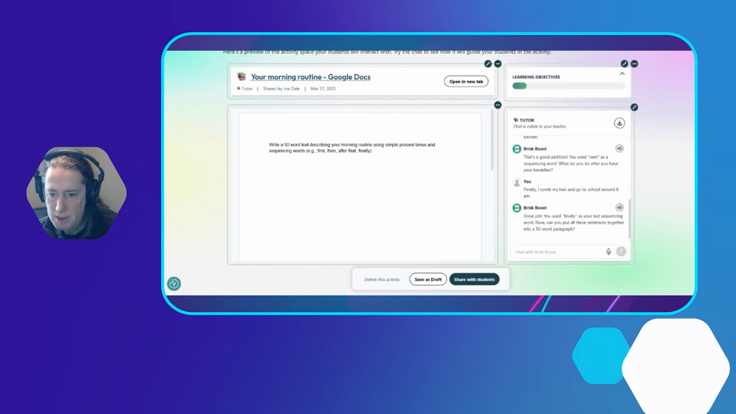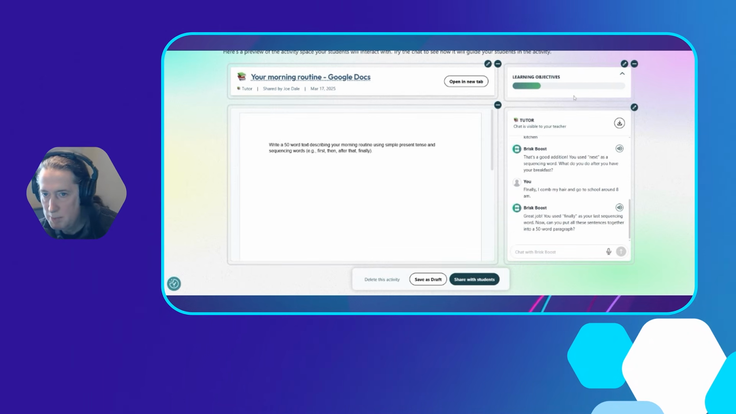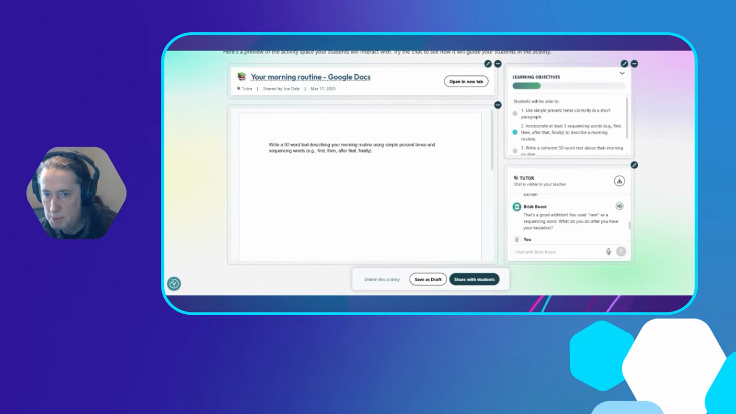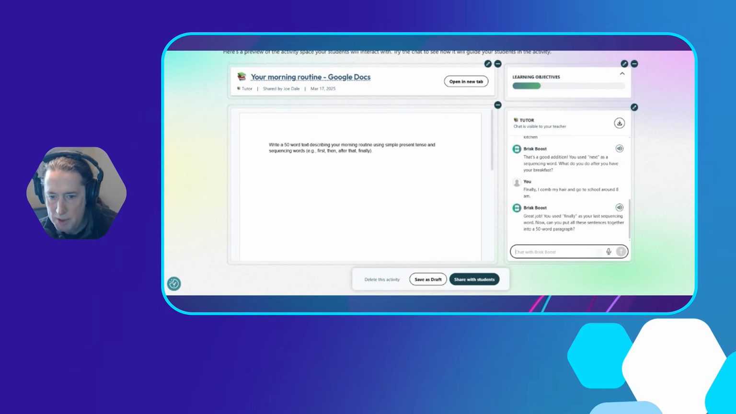Okay, so now it's going to give me some further feedback. There we are. That's great. Now it's asking me to put it all together. Can you see that's now gone across there because I've completed some of the activities and incorporate at least 3 sequencing words, e.g. first, then after that, initially, etc. So now what I can do is I can write the whole thing out very quickly. So I could say, for example,